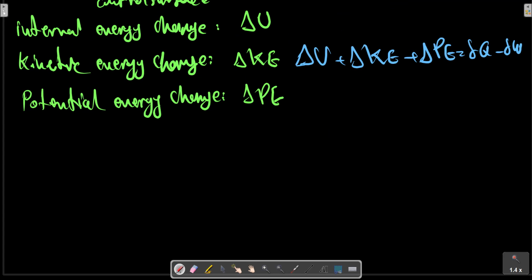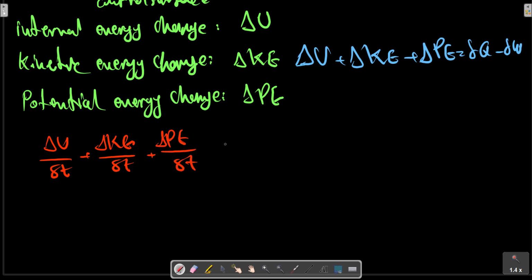Dividing by delta t, the time interval, the energy added to the system, delta U over delta t, minus